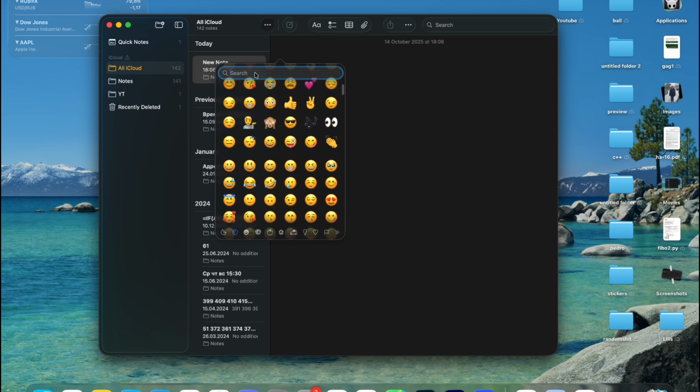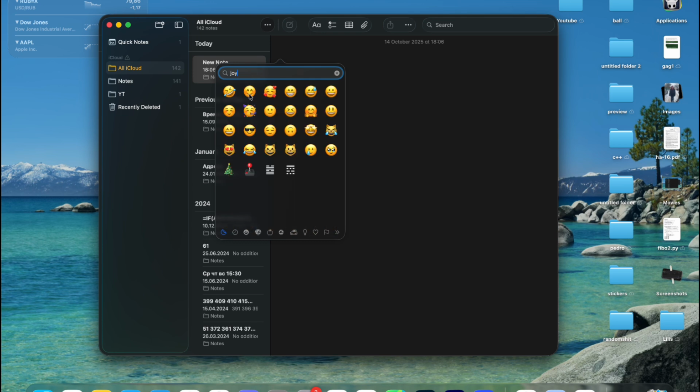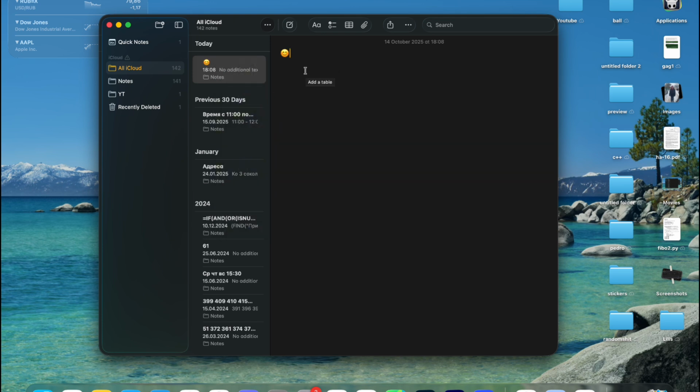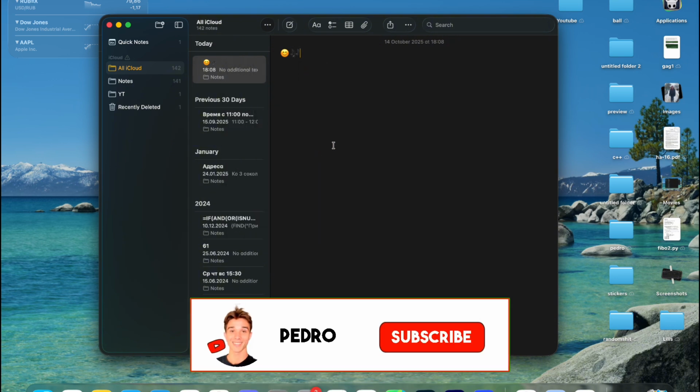on your Mac, and you can also search for them. So for example, joy, something like that, and I can add as much emojis as I want. If I want to add some more emojis, again Control Command Space, and that is it. That is how we can open